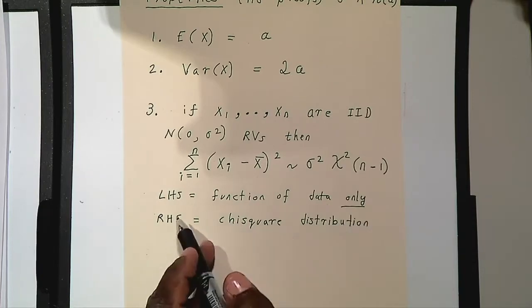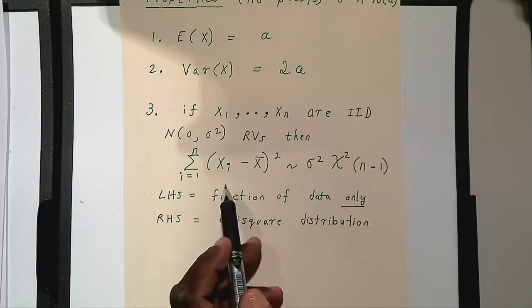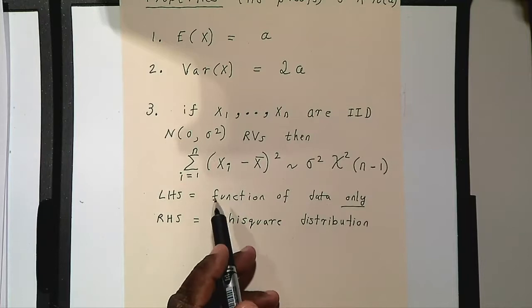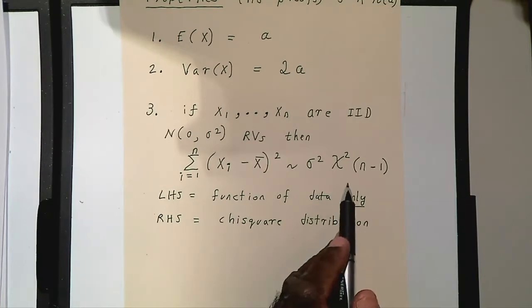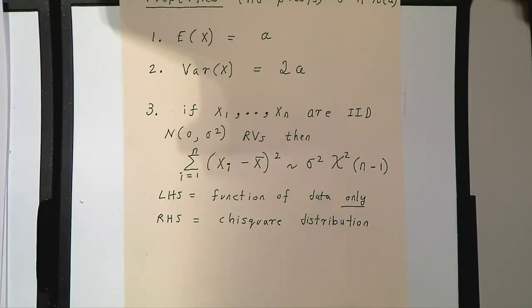You see, if you look at the left-hand side of this, what you see is a function of the data only, right? Nothing else is involved apart from the data, right? And the RHS involves the distribution. And this is exactly why